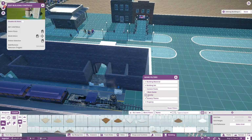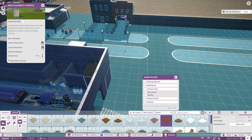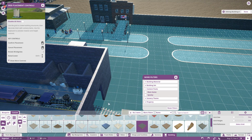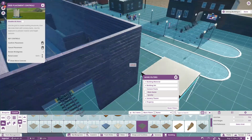Well, what kinds of wooden roofs do we have here? We have castle, we have fiberglass. Ooh, we have the modern wooden roof, but I'm pretty sure you can see that through. Yep. God dang it. There's just no proper roof here, is there? Well, I mean, we might have to go for something that we can't see if this one works. Thank goodness. If it doesn't...